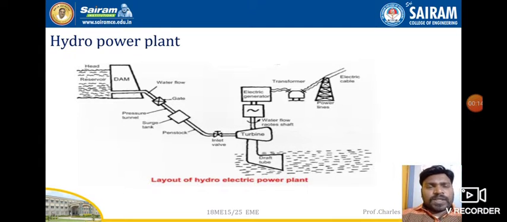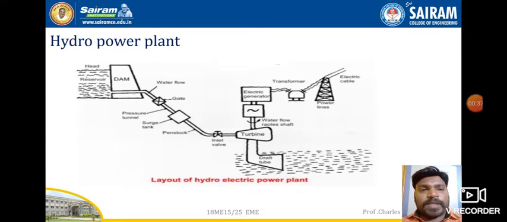It is called a hydropower plant or hydraulic energy because this energy is obtained from flowing water. When water is flowing, it will have kinetic energy. With that kinetic energy we are going to generate electricity. So that is why it is called hydraulic energy,